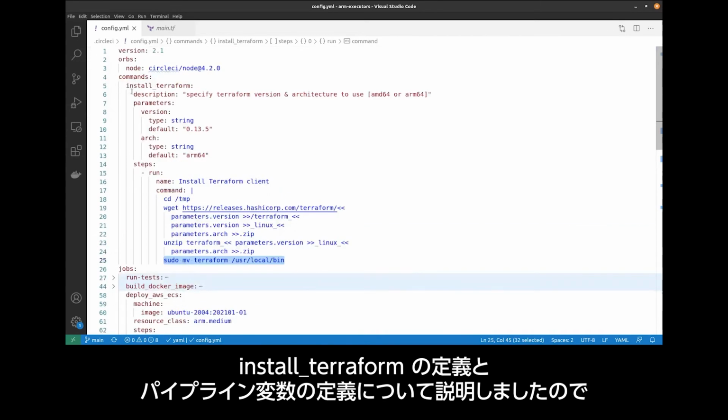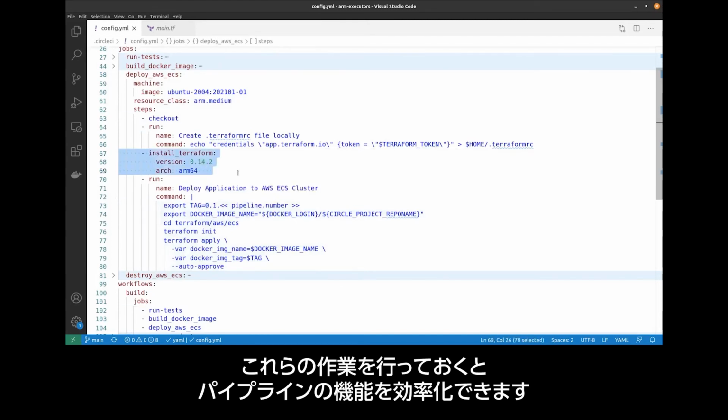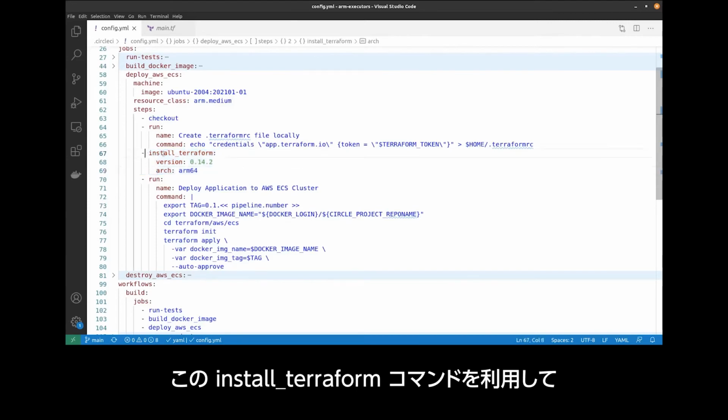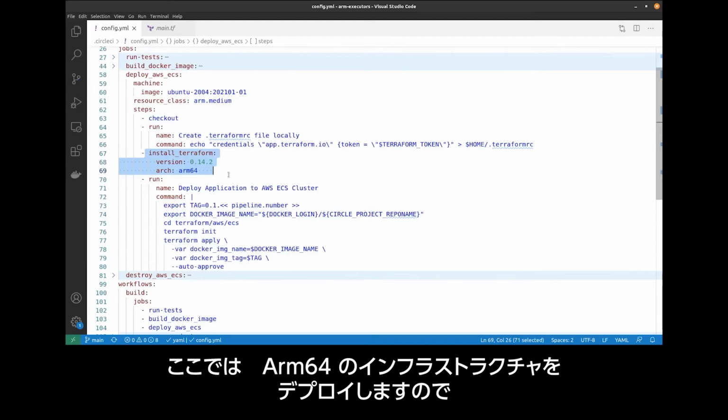So now that we've covered the install Terraform definition, the pipeline variable definition, I'm going to show you how you can leverage it in the job, which is here. Again, all of that work just gives us the ability to streamline our functionality within our pipelines. And by the way, you can encapsulate that same parameter functionality into an orb if you wanted to. But that's for a later video. So we have this install Terraform command. We're leveraging that to download and install the appropriate binary. Again, in this case, we're using an ARM64 binary since we're going to deploy ARM64